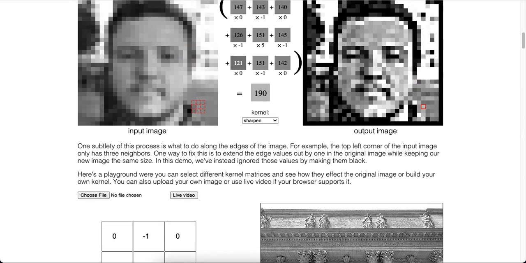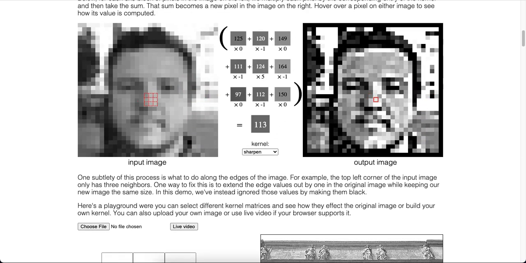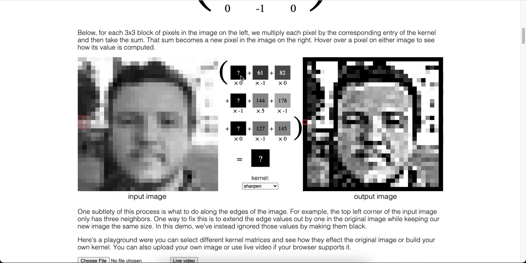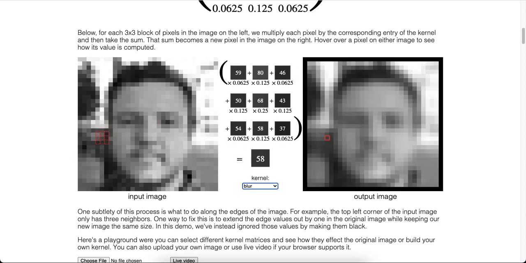But the most important here are the kernels and how they change this image. This is the image we have seen, and this is the resulting image when we apply a kernel from here. You can choose the kernel you want. Here, for example, is the sharpening kernel. So the image is sharpened here, and you can change, for example, to a blur to see the result